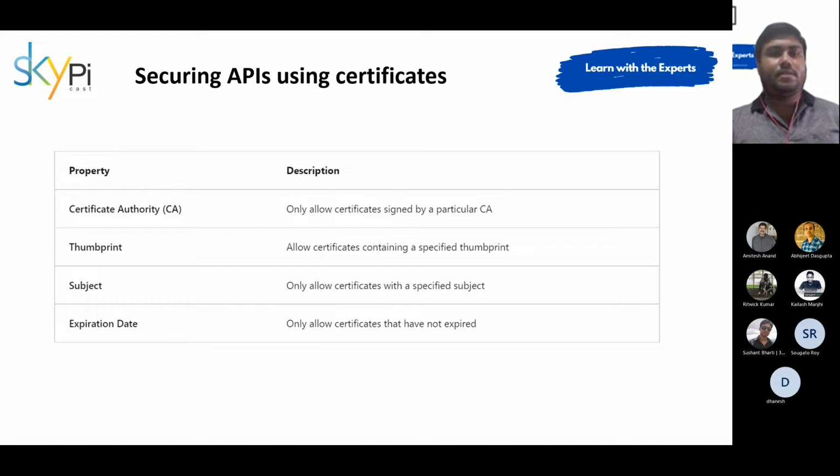Securing APIs with certificates. We also can issue certificates, differentiating from our security keys. Certificates can be given, like we can issue it, so we get these data points, which are who issued the